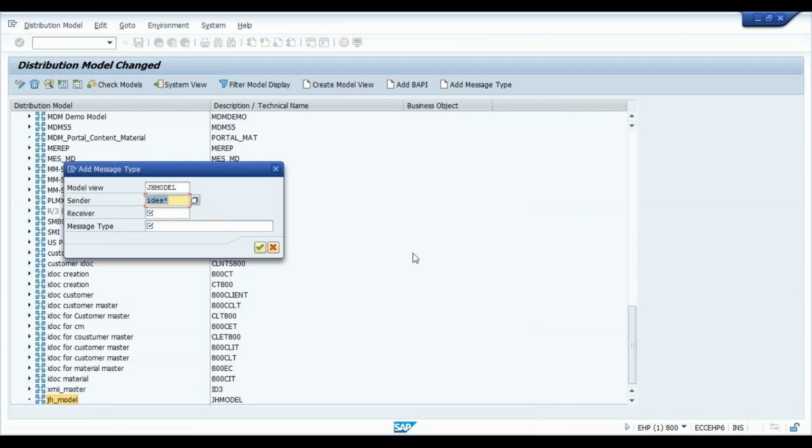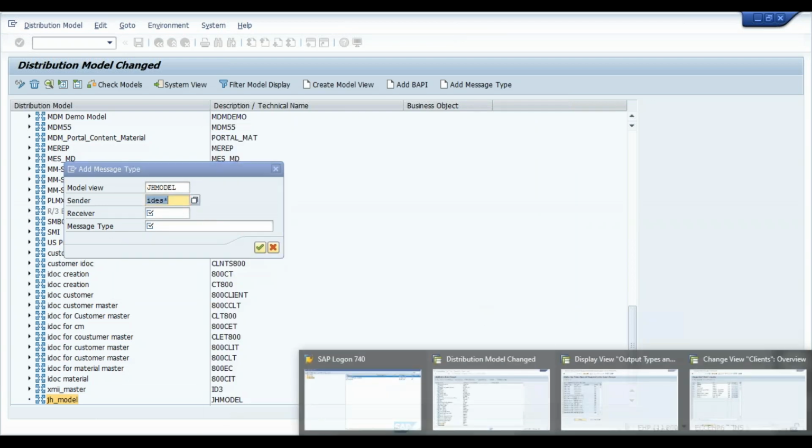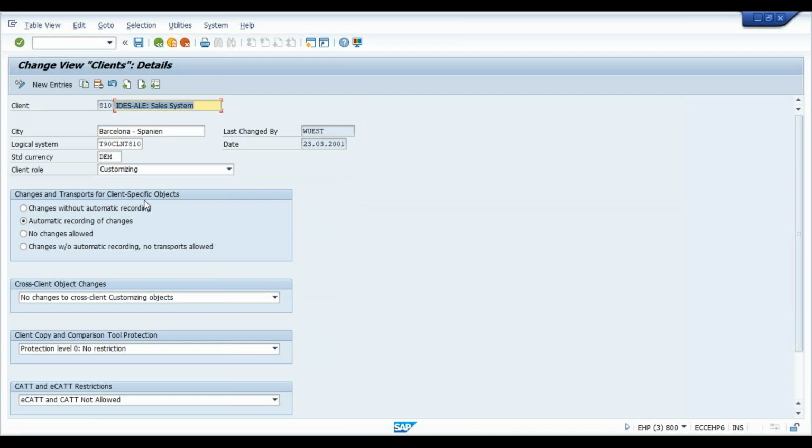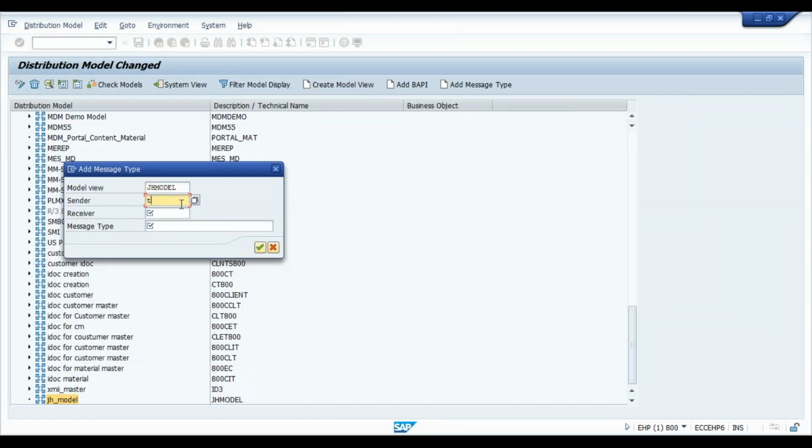The technical name should be something like this. The logical system name. So T90CLNT800 is the sending system, and the receiving system is T90CLNT